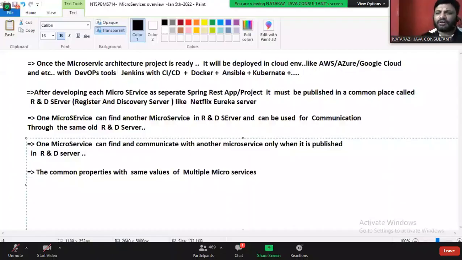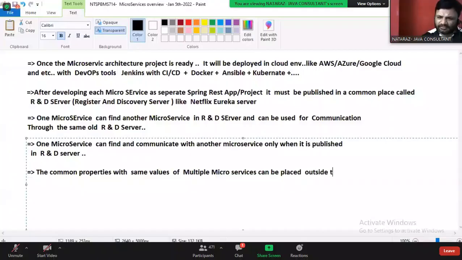Pivotal Cloud Foundry is now outdated. PCF is not so popular, don't think much. I think Spring Boot people themselves stopped supporting PCF. Earlier it used to be popular, but now it is not so popular and they stopped giving support for that also, guys.